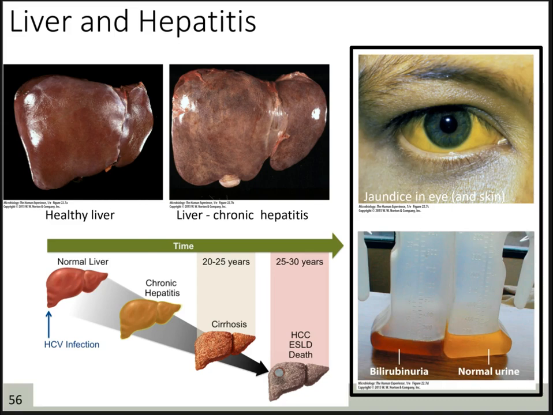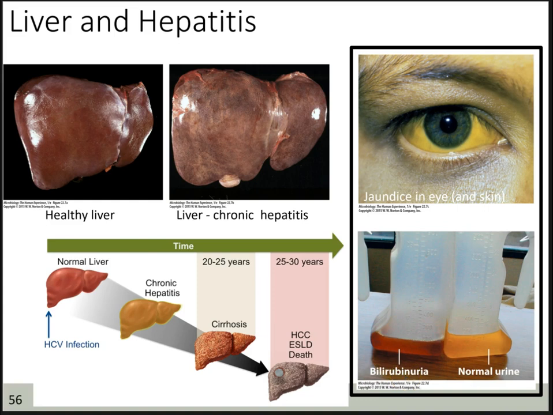Hepatitis can also lead to jaundice, which is a yellowing of the skin and is often observed in the eye. So here you can see this eye is yellow and the skin is yellow, and that is due to an increase of bilirubin. Sorry, it's due to an increase of bilirubin in the urine, which is referred to as